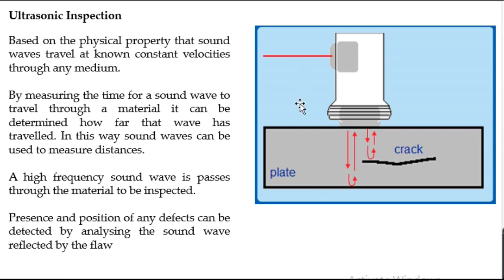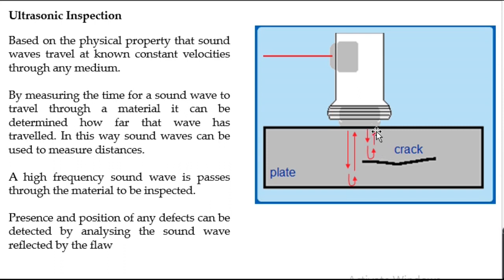So we input a high frequency sound wave. If there are no discontinuities, it will strike the other end of the plate and then it will come back. So this time lag between the introduction of the high frequency sound wave and receiving the signal, we can note down. This time will correspond to the thickness, because it will traverse this thickness and then again traverse back. But if discontinuities are present, the time taken for receiving the sound wave will be